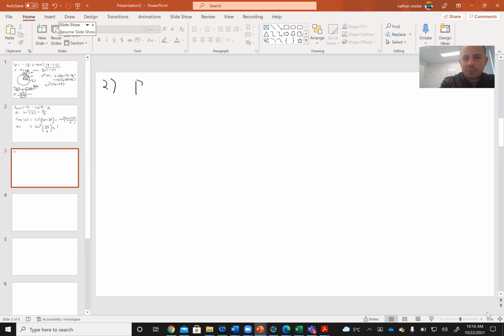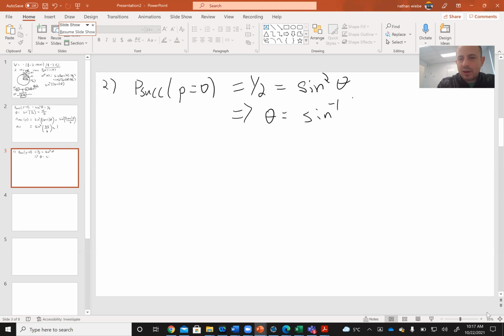Okay, now let's take a look at a different case. Case 2 would be the probability of success initially, when p₀ equals 1/2. Now this feels like a lot better of a case, right? Because we got twice the success probability that we had in the case of 1/4, but we'll actually see that it's far worse. The reason why is that in general, if this probability of success is equal to 1/2, this is equal to sine squared θ. So this implies that θ is equal to the arcsine of 1 over root 2,